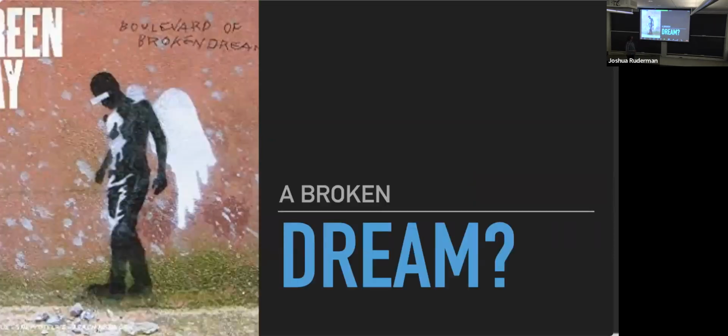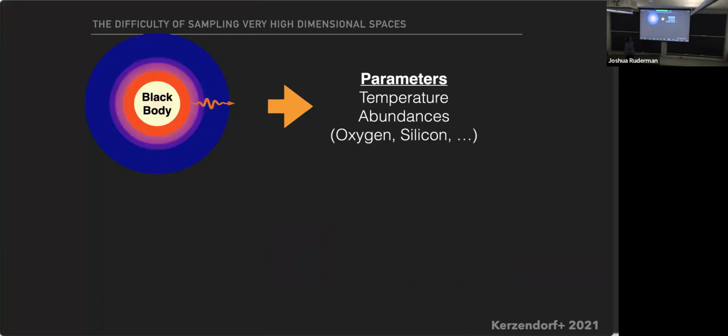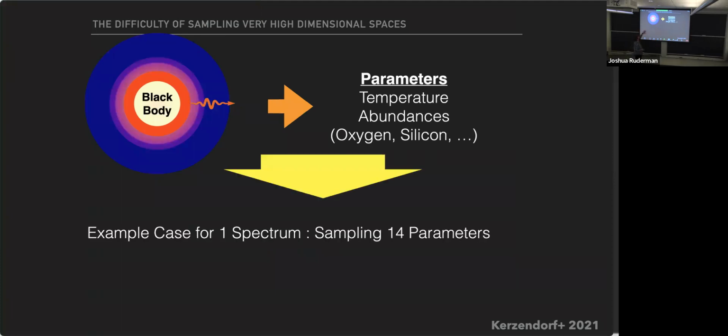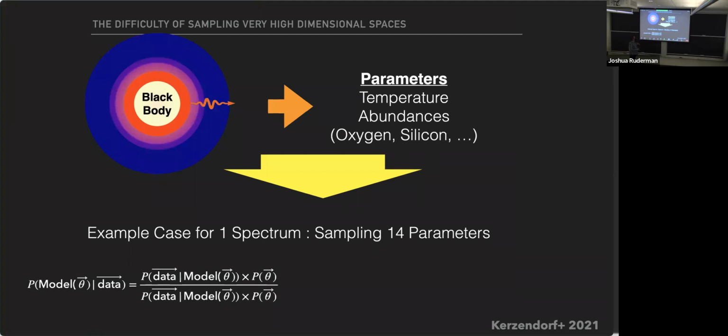But it's pretty difficult to do, and for a long time I thought maybe this is not possible. Even if you do this in a very simple case where you just do 1 spectrum and you sample over 14 parameters, like 10 elements, and the radius and temperature of the photosphere, this becomes very, very big. To sample such a space will take, with one of the radiative transfer codes that we're using, TARDIS, 420 years.